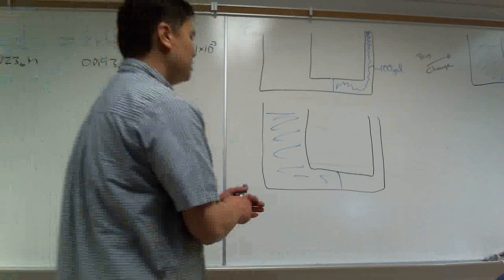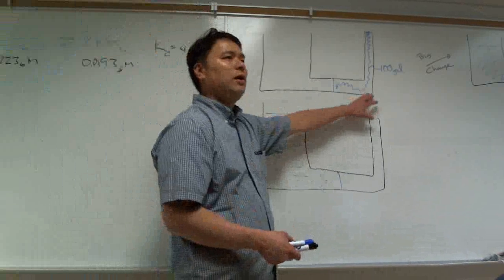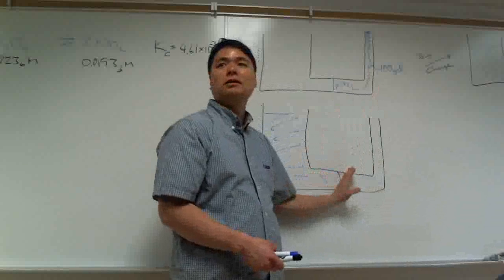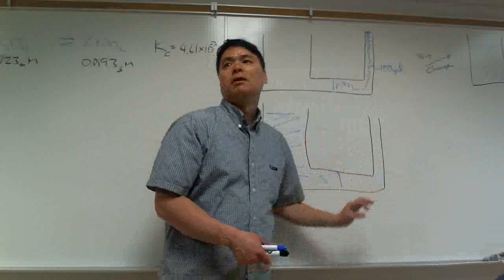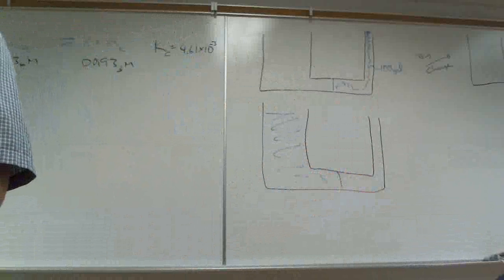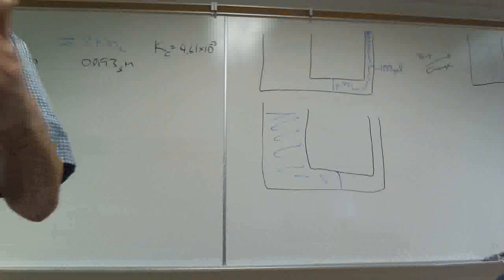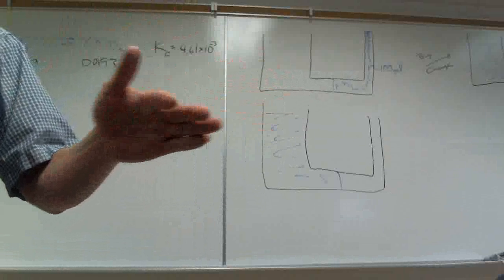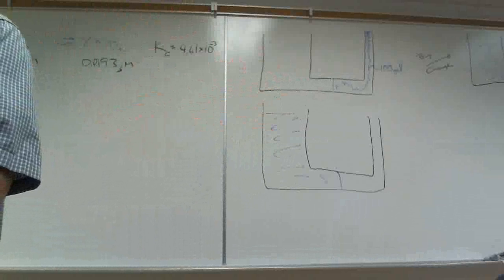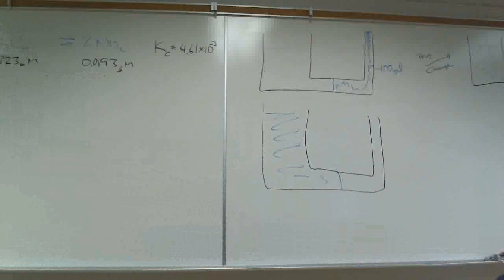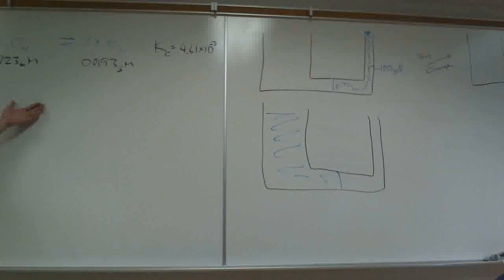Because the thing is, we aren't getting rid of water. We're just moving all the water to one side or to the other side. Well, the concept is the same in equilibrium. We aren't getting rid of atoms. We're just moving all the atoms to the right side or all the atoms to the left side, depending on where we see most of the atoms. Where should most of the atoms be in this equilibrium? Most of the atoms should be on the